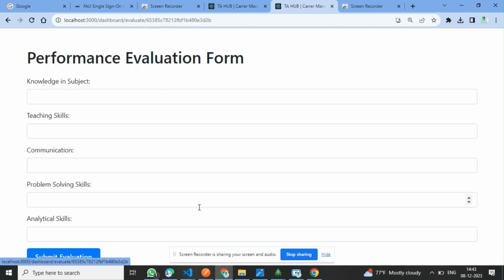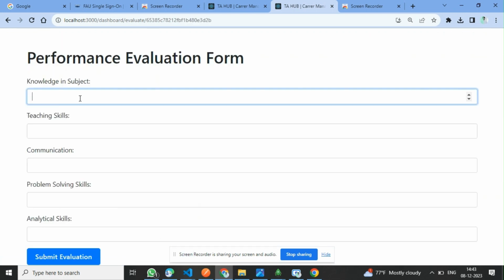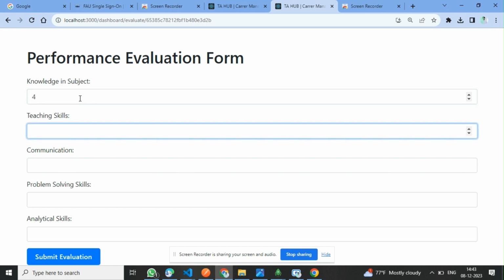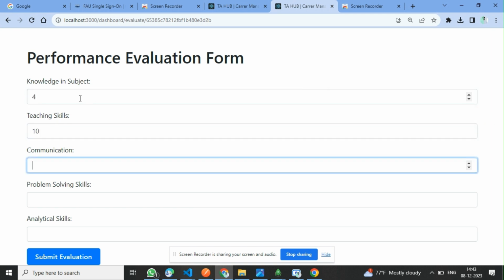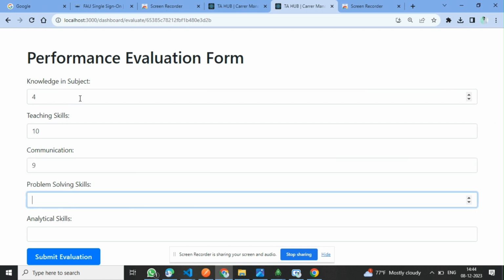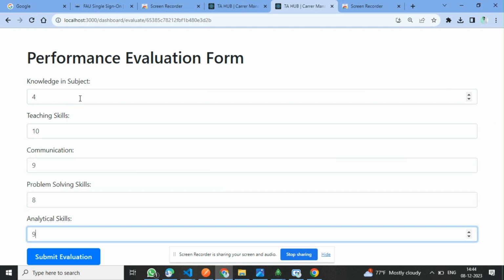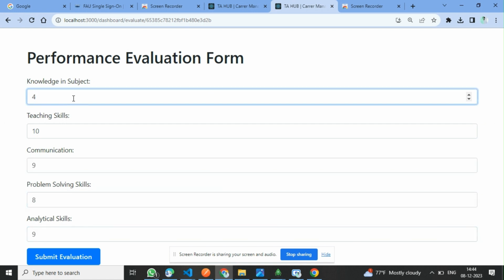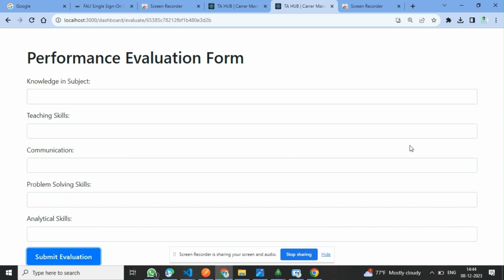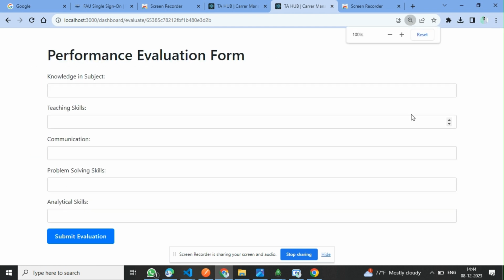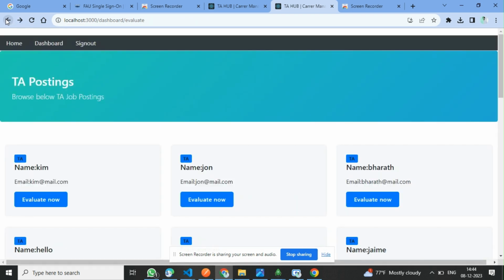He can evaluate by submitting a form. It is an out of 10 scale based evaluation. If you submit, the evaluation results will be posted, and this is the instructor dashboard. He can